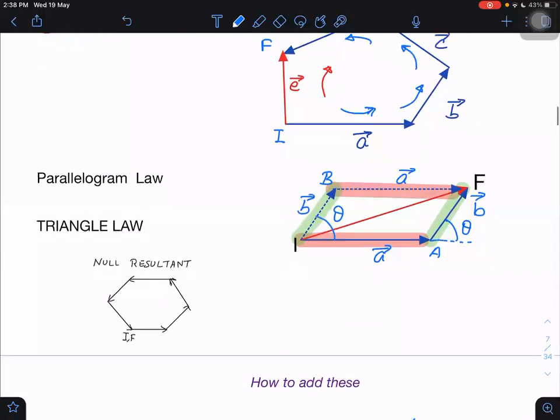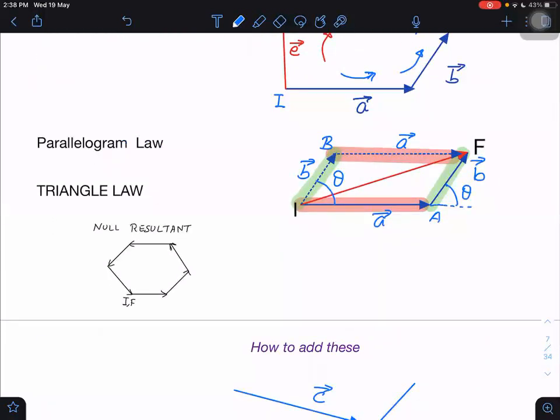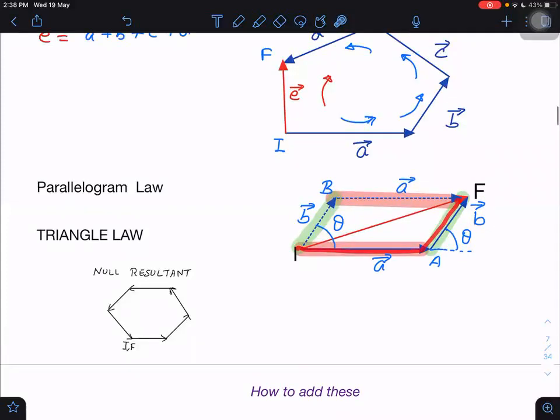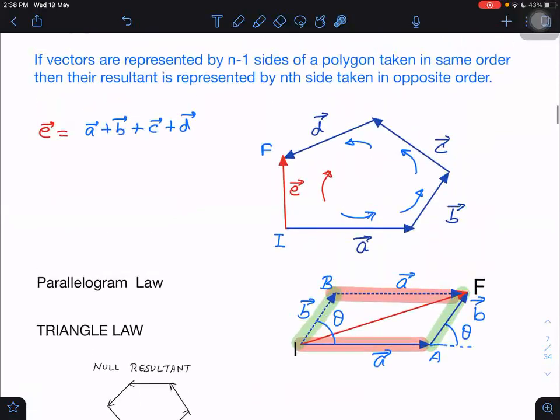Similarly, the parallelogram law of vector addition. What does the parallelogram law represent? It represents if I take two sides. The only difference between polygon law and parallelogram law is that there will be just two sides in the parallelogram law. Sir, in the above polygon law, all the vectors are of same order, means same value will be there, sir.